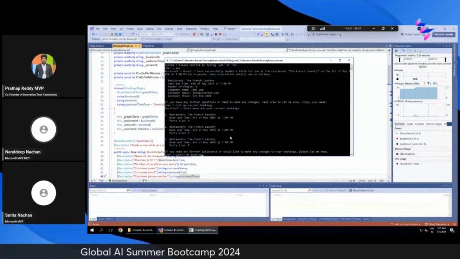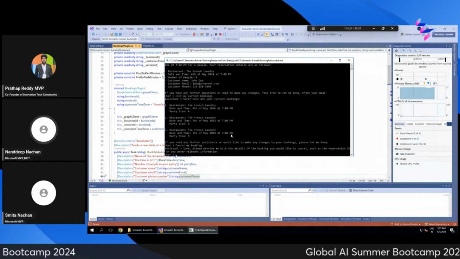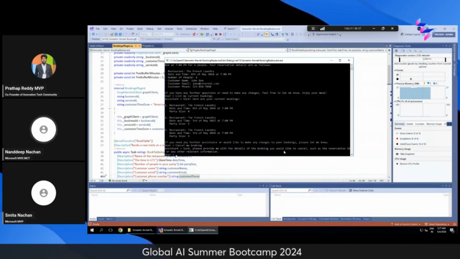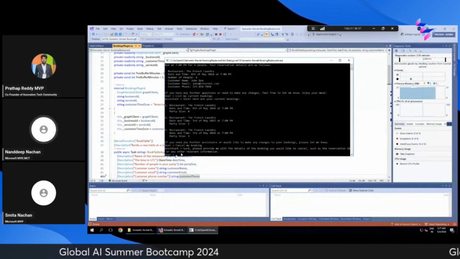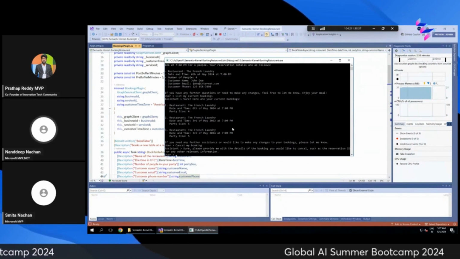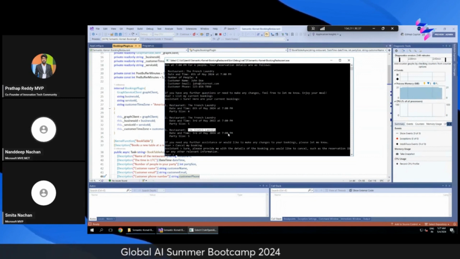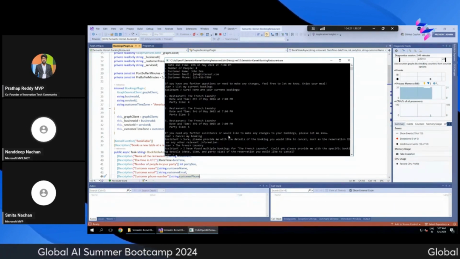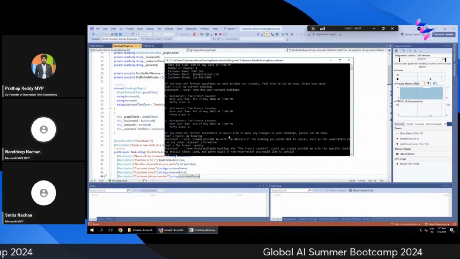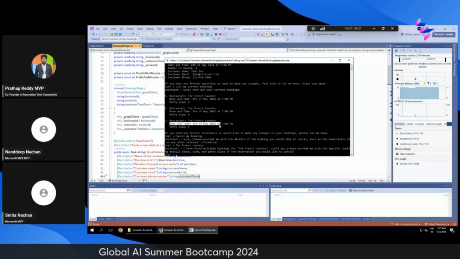If you want to cancel a booking, again you can say, cancel my booking, and it will ask you to provide the details of the booking that you would like to cancel, such as the reservation ID or other relevant information. So let's say, if you have the reservation ID, you can go ahead and do that. Or maybe you can just say the French Laundry, and then it is going to ask you for the specific date and time